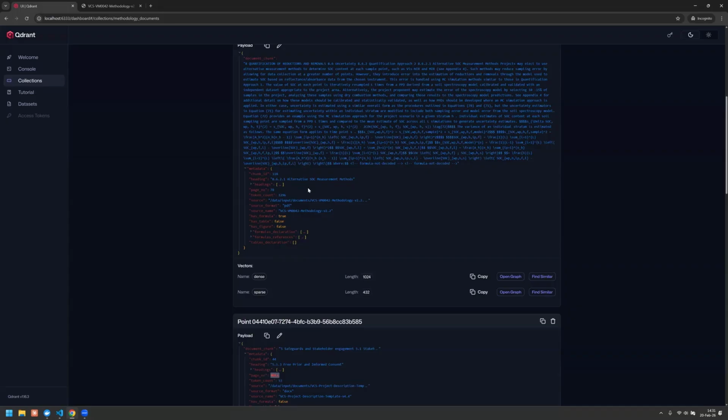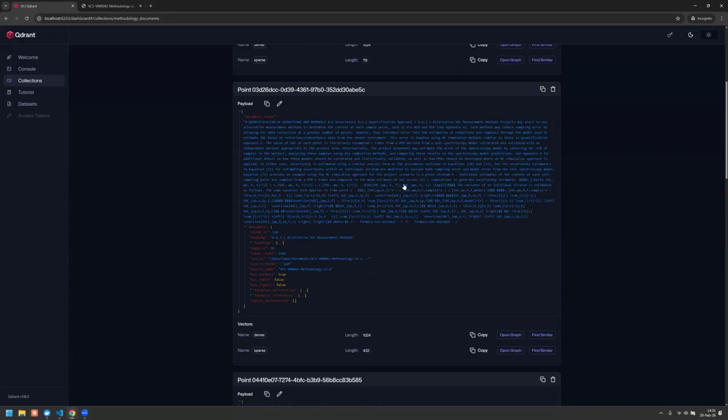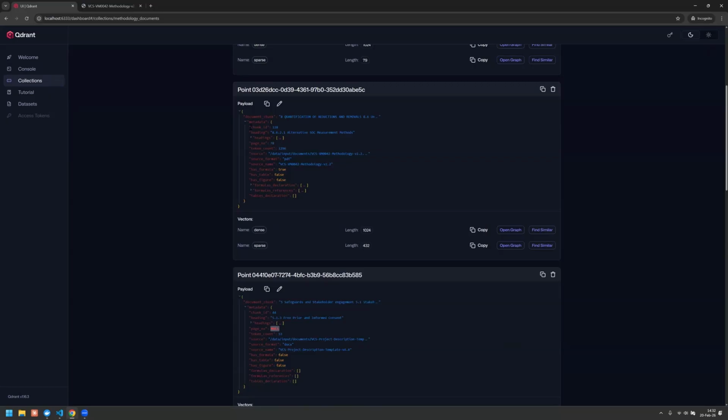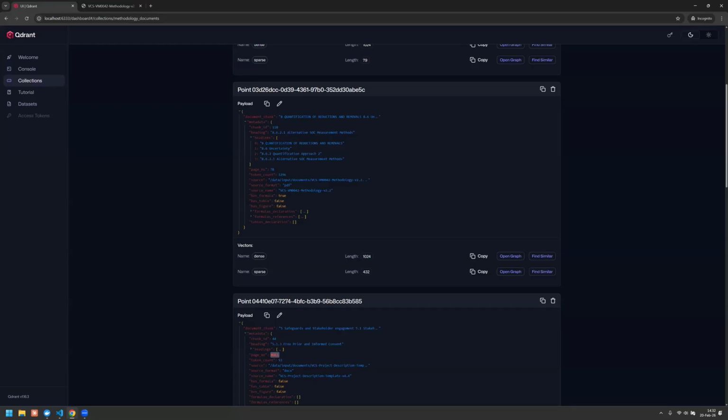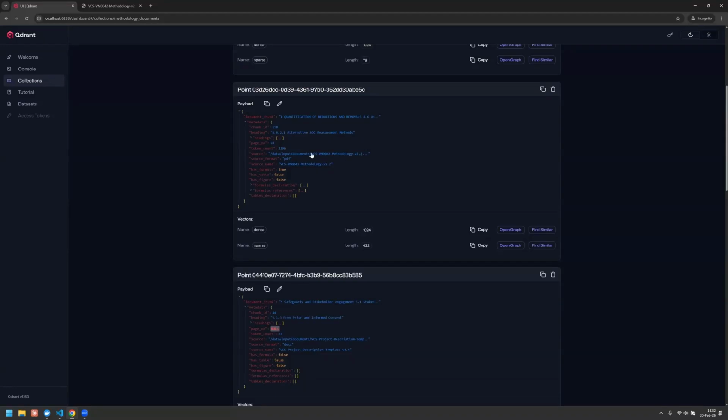And besides the chunk text, we also have some metadata. So with the chunk ID, the heading, it's a section of the document where this chunk of text comes from, and the full path from the document structure, page number, source name, it's a path to the document where we extracted this chunk of text, and additional metadata like has formula flag, has table flag